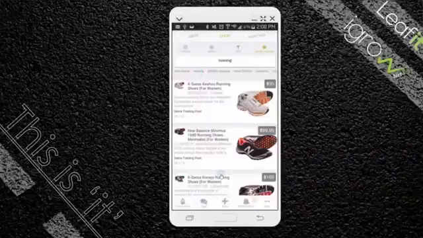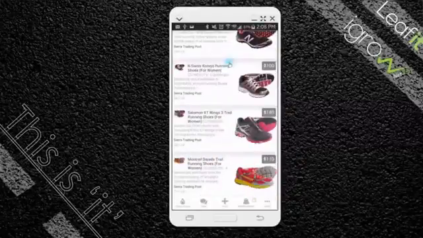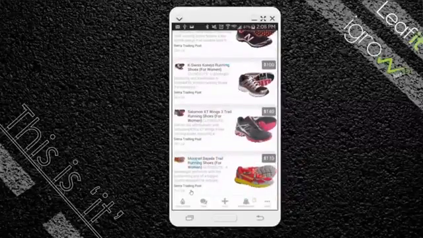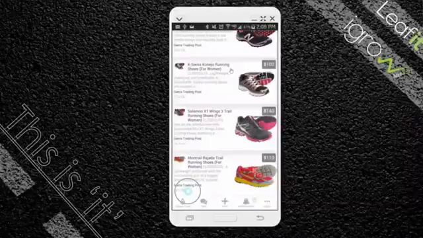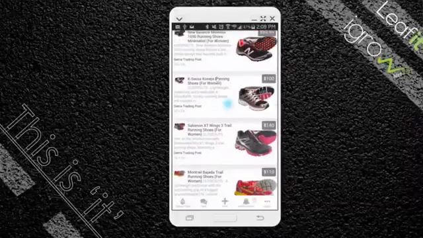So as you can see, it just did a search for running, and it's showing all sorts of different types of running shoes in the news feed. And also you'll notice when Mike scrolls, the top bar disappears, and then when he scrolls down, it comes back, so that you get a better experience as well with that.